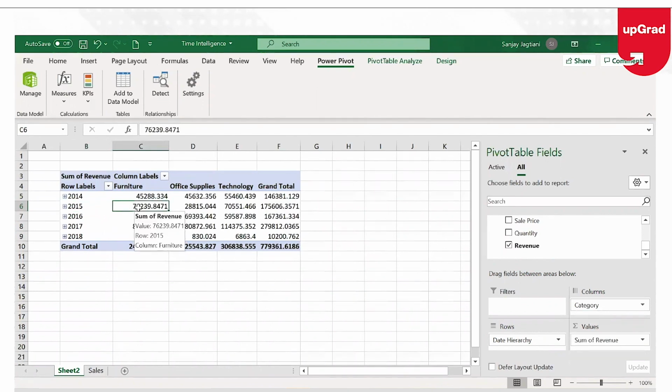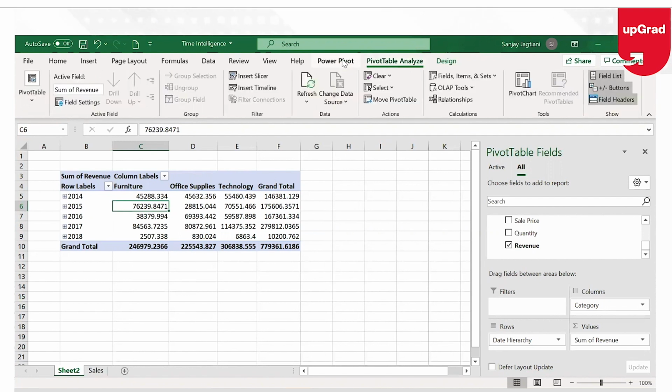Now you might think, why are we putting so much effort into just creating a group, which you can do through the simple pivot table grouping? But in Power Pivot, like I mentioned, when you want to do time intelligence, it becomes very, very difficult to perform time intelligence functions without the grouping of data in the Power Pivot itself. Now, one thing you will also understand is that when you're doing it in the Power Pivot, you are saving yourself from doing a lot of things. Like if you look at the Power Pivot, it's not that you have only done the grouping of the data, you have done more things on the Power Pivot.